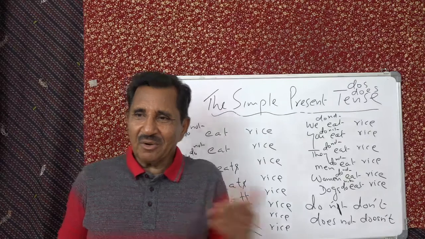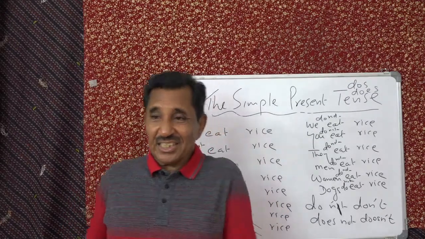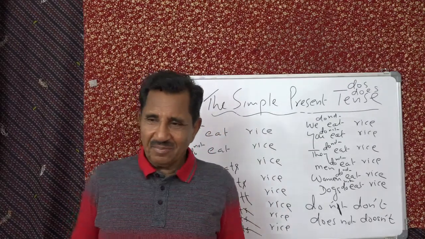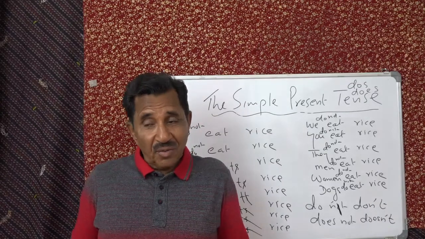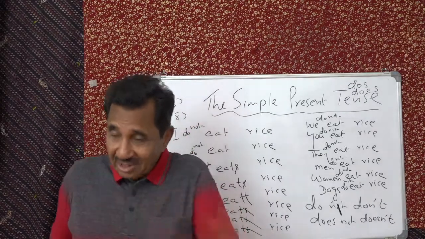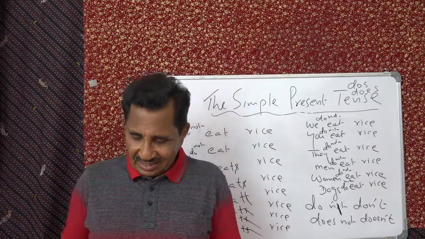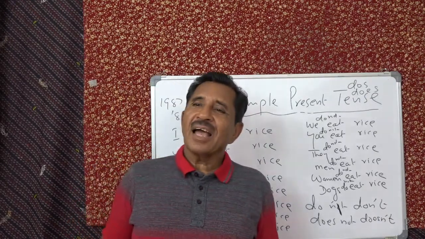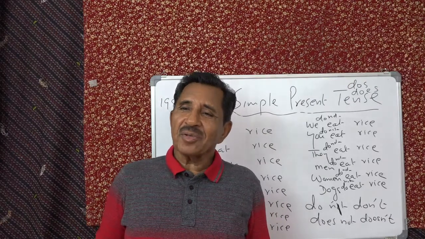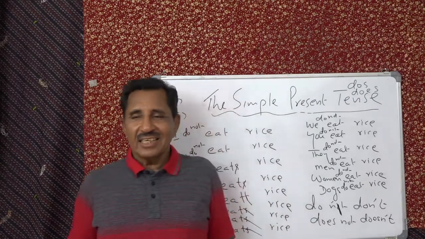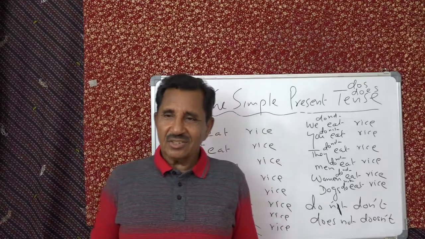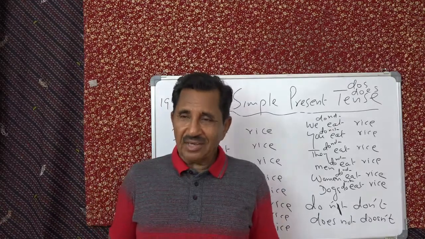Or they don't sing, she doesn't sing. Understand? We don't go, she doesn't go. Did you get that idea? Yes. Try this, and tomorrow we come up with these sentences,